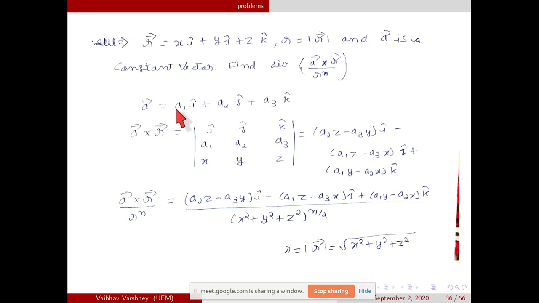Okay. Yes, sir. So let's first calculate a cross r. First row is i j k, second is a1, a2, a3, third is x, y, z. When you solve it, you will get a2z minus a3y i cap. You can check whether you are getting same as I am getting or not. Then I will do the next step. This first step should be clear. This is a simple cross product as we did in the previous question. For calculating i component, we can hide the first row and first column. For calculating the z component, we can hide the second column and first row, and then we will get this. Just check one time quickly whether this a cross r is right or not.